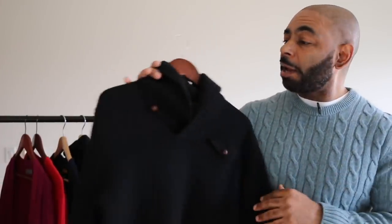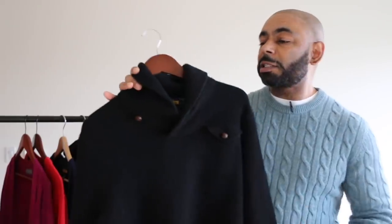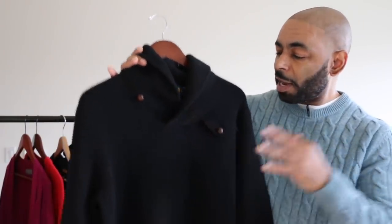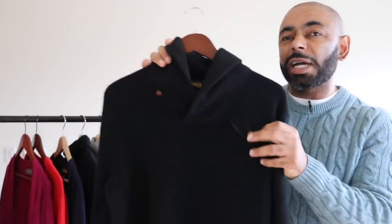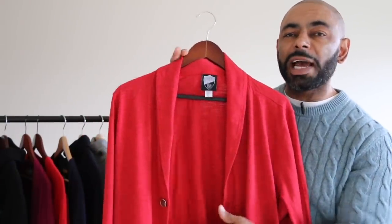Now once again, I got another one from that line I really used to love, Rugby by Ralph Lauren. This one is more of a higher shawl collar, nice black one, and I love the contrast. It has brown buttons. I also have this one where the shawl collar comes a little lower down, and it's